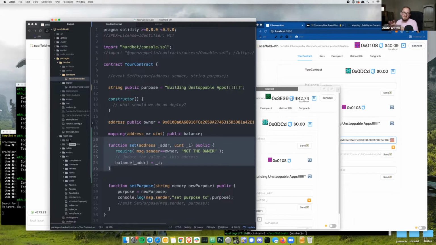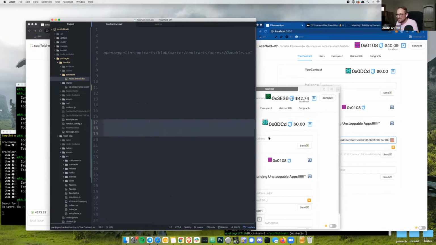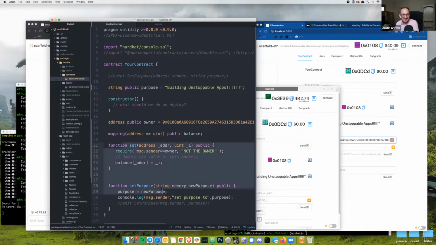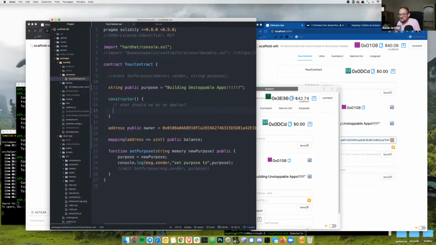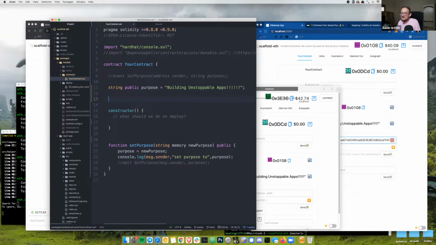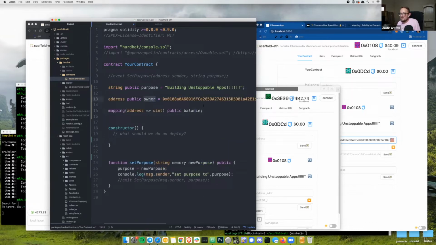This is super heavy-handed, right? You really don't want this in production, hardly ever. Do you want some controlling user able to set everyone's balance, right? So normally let's dump that, and let's do something like set the owner's address. So we'll say, let's bring this stuff up here. We're going to say the balance of the owner